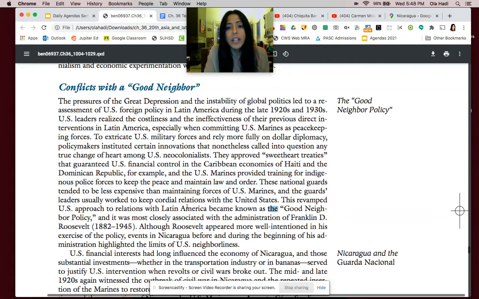When we get into the Good Neighbor Policy, it's first really used with the presidency of FDR, Franklin Delano Roosevelt, and it lasts up until the coming of the Cold War. Why? Because we are not really trying to intervene as much. There are still some interventions, which we'll talk about, but we're trying to intervene militarily less until the Cold War. Then in the Cold War, the U.S. is very much wanting to contain communism, and so we see the U.S. intervening in places where communism is rising. But up until the Cold War, you can think of the U.S. policy towards Latin America as one of wanting to be a good neighbor.